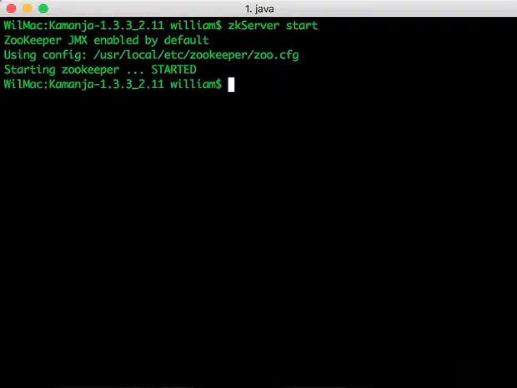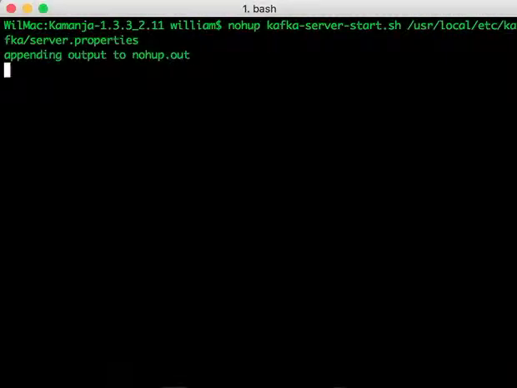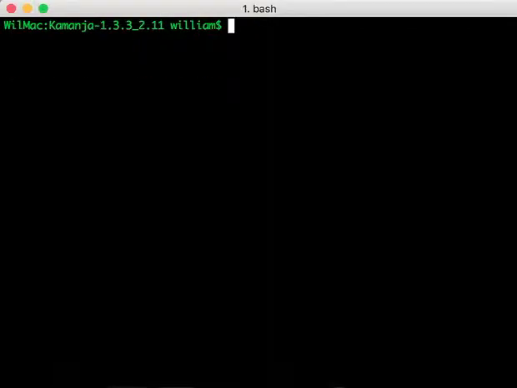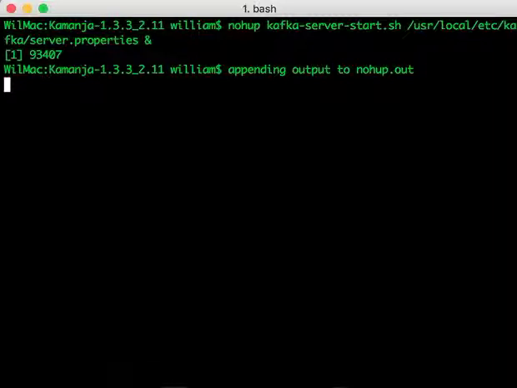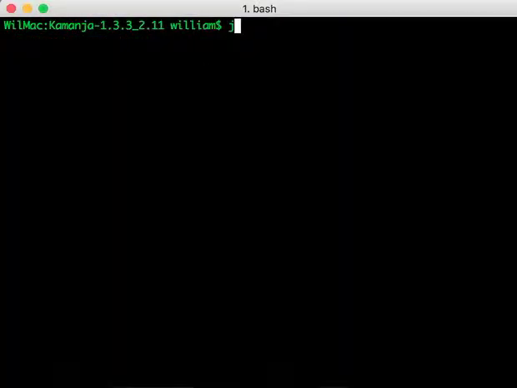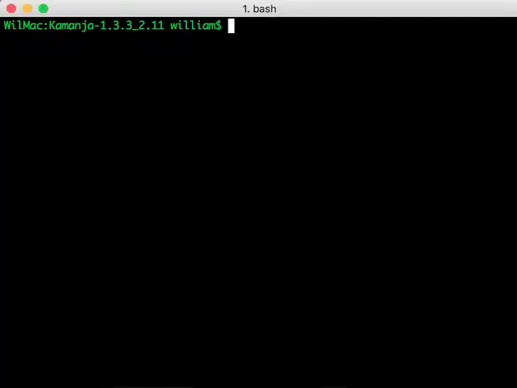So first I'll start Zookeeper, and then I shall start Kafka in the background. And what might be good is if I toss an ampersand at the end of that, and now I can actually use the console. So now that Kafka and Zookeeper are running,